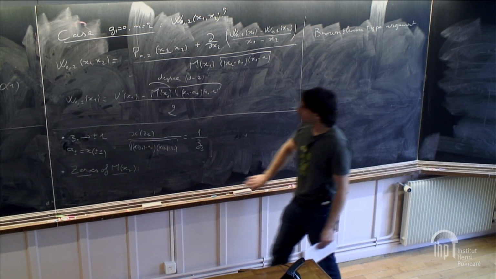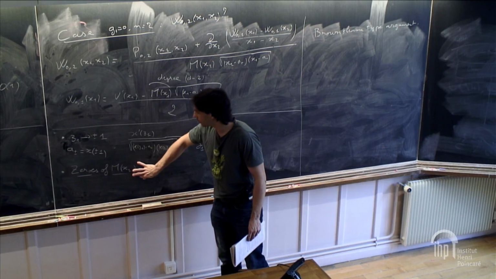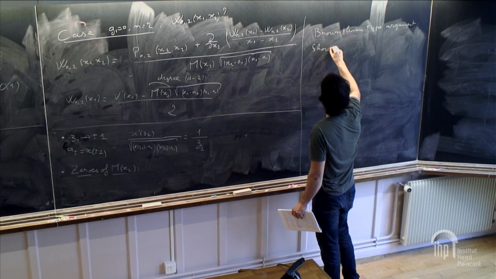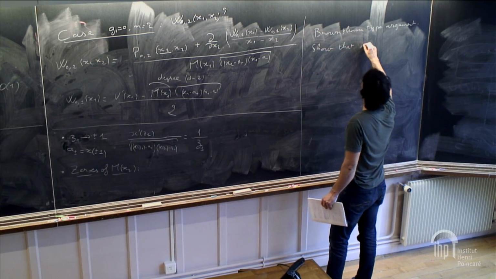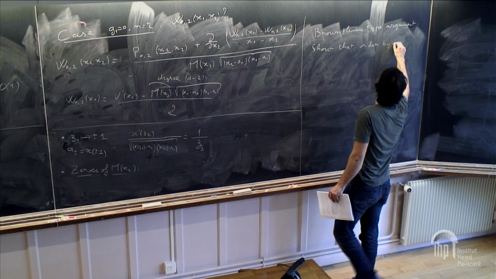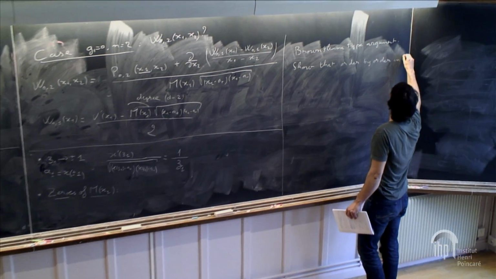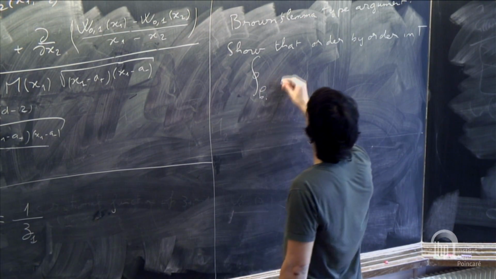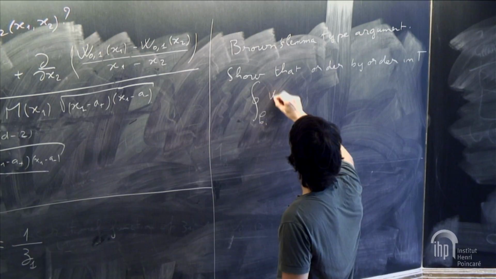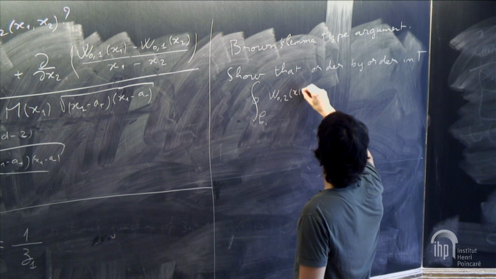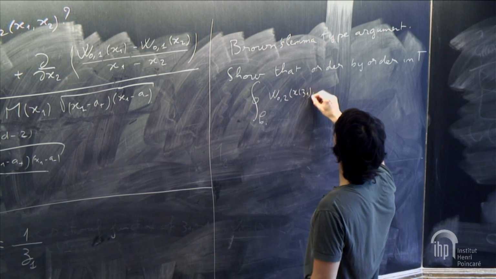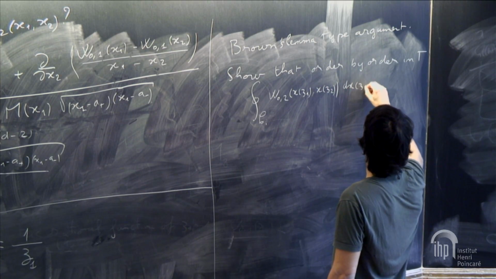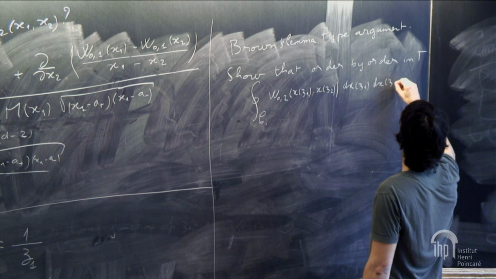Meaning that what one can show is that there cannot be any pole there by showing that order by order in T, the integral of this differential